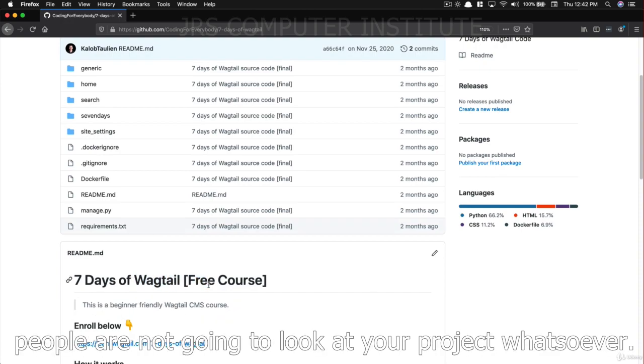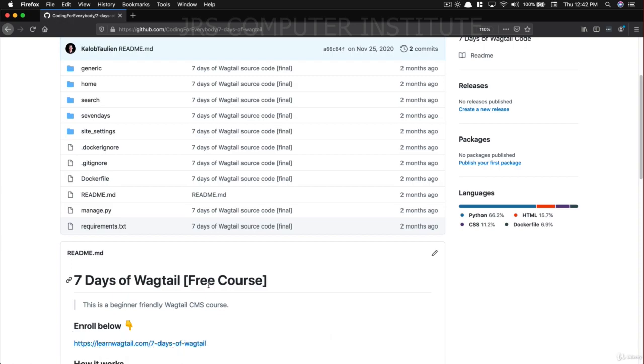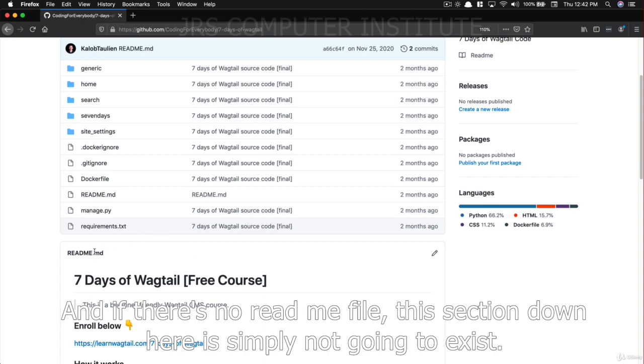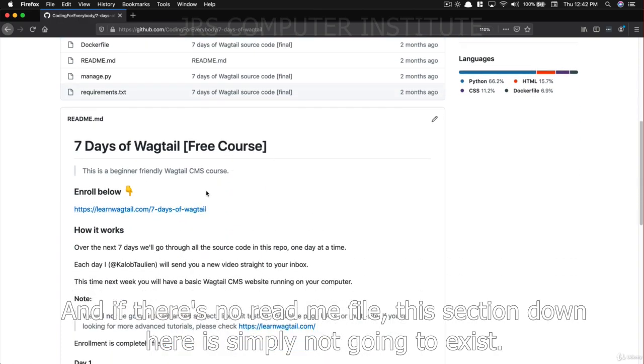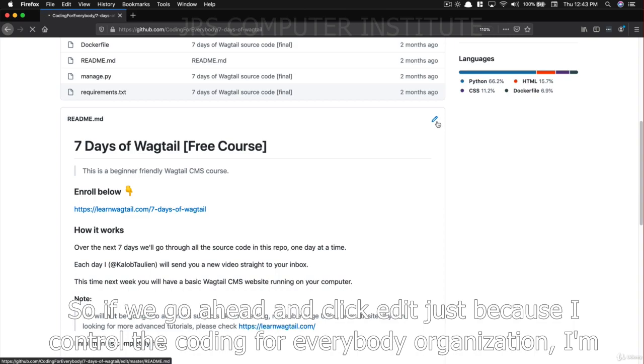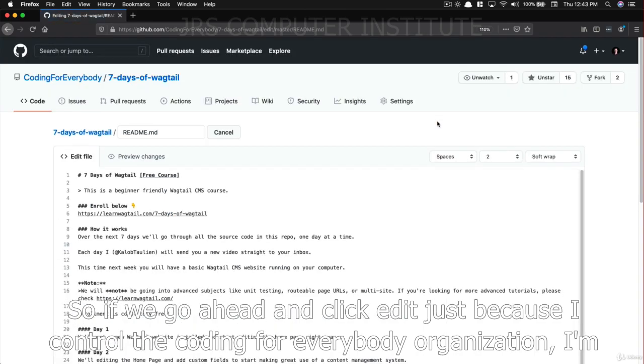Without a README file, people are not going to look at your project whatsoever. They're just going to say, hey, there's no README file, I'm not going to even take a look. And if there's no README file, this section down here is simply not going to exist. So if we go ahead and click Edit, just because I control the Coding for Everybody organization, I'm able to